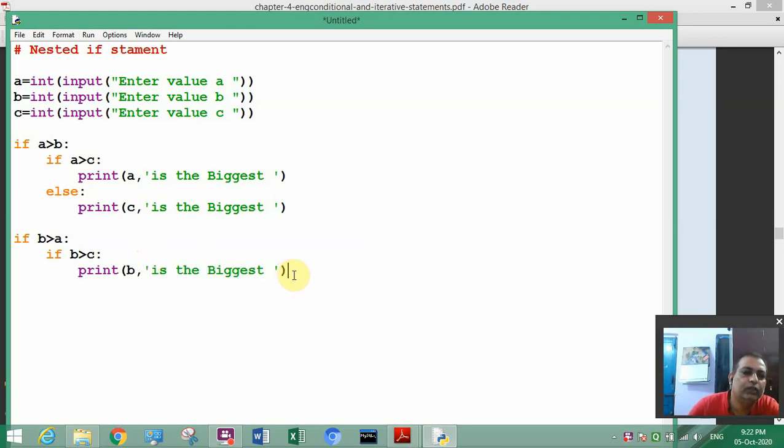Okay, B is the biggest. Else, if B is greater than A but B is not greater than C, who is greatest? C is greatest. So C is greatest. Okay,